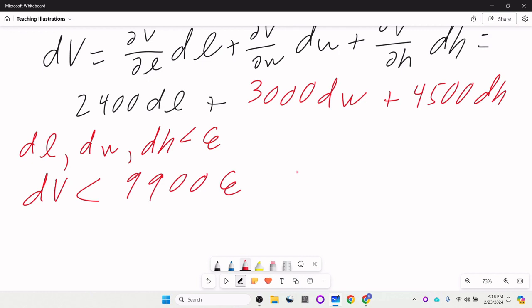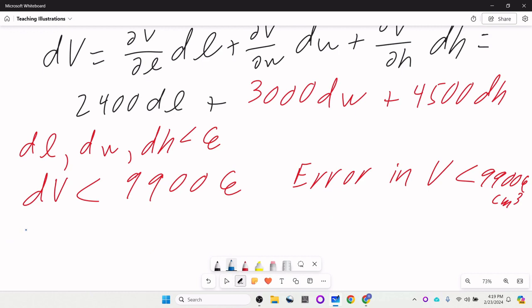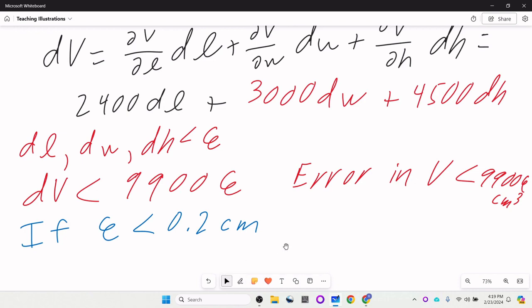So that's the error in volume: less than 9900 epsilon centimeters cubed. So if, as they suggested, your ruler is calibrated so that every measure is off by less than 0.2 centimeters, or 1/5 of a centimeter,